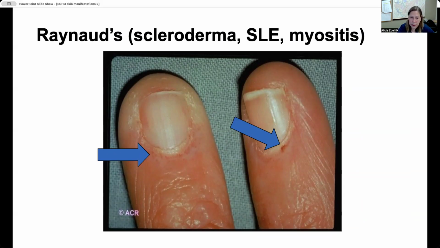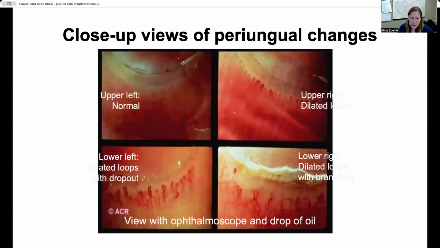Some of those are pointed out, that there are some more visible blood vessels and a little bit of hemorrhage there. And other findings: scleroderma, lupus, and myositis frequently all have Raynaud's. Those are the big three when people come in with Raynaud's that we think about in those presentations. Next slide. And then what we're looking at close up are these dilated capillary loops, and there are different versions over